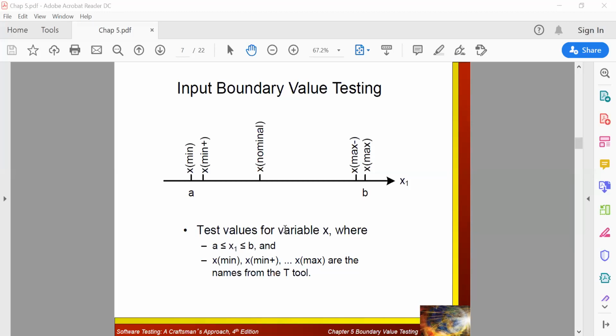For example, we have already seen the triangle problem, which we took in your lab exercise as one particular program. In that, we chose the length of all three sides as 1 to 10, and depending on that we were choosing the values. It is not mandatory that we always need to go for it. Once again, I'm recalling those things. Here, what is A? What is B? A is the minimum of the range and B is the maximum of the range. The remaining 3 points are just taken for consideration for checking or testing.